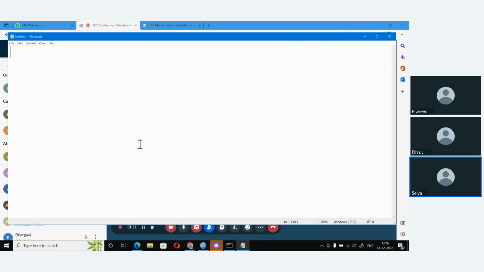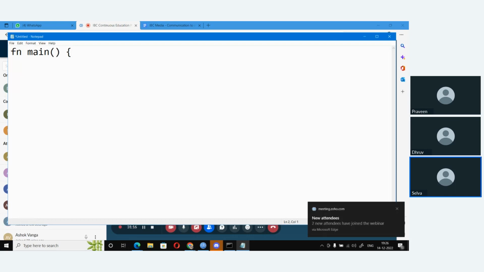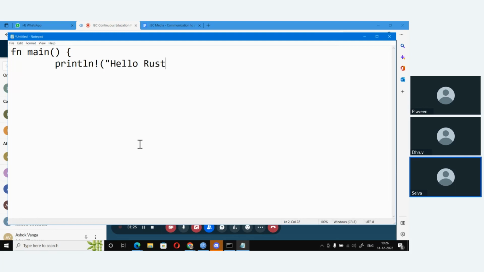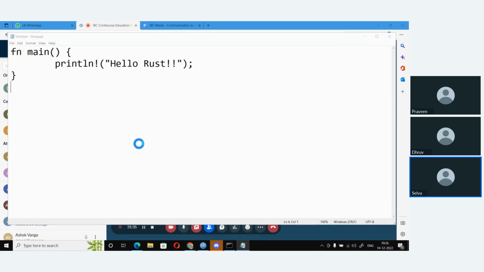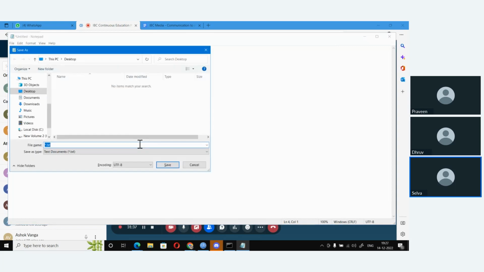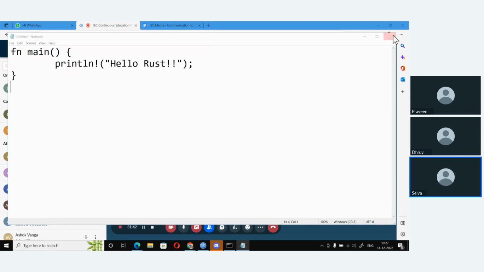And in here I'll just create a function name, and I'll have a punchline, say hello Rust. And I save this. I'll do it a different way.